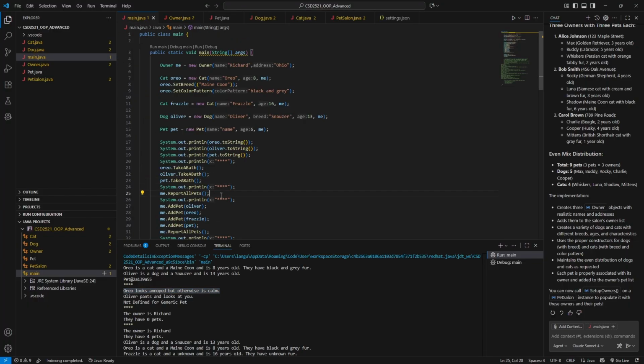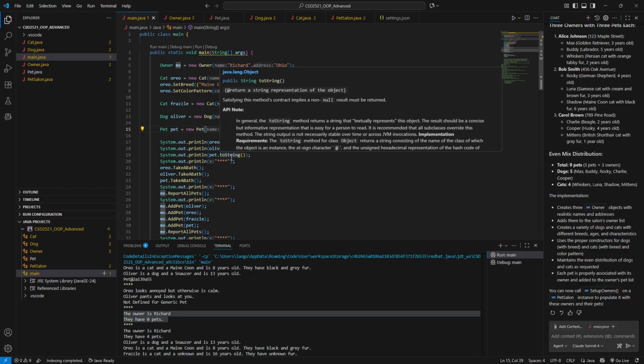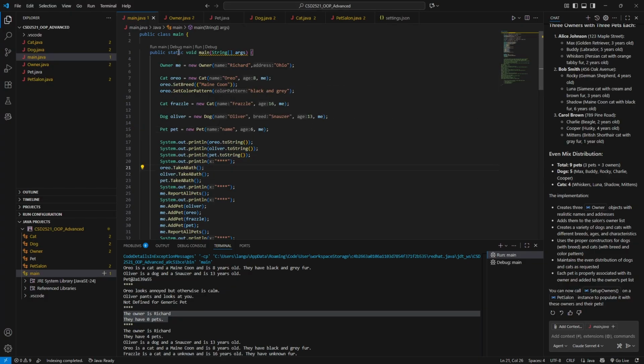Now we get to report all pets, and this is where things start getting interesting. The first time we call report all pets, we get this. The owner is Richard, they have 0 pets. But hold on, I've been assigned as the owner to every single pet that's been created so far. What's going on? Well, just because the owner class